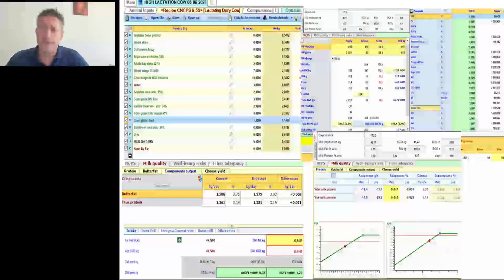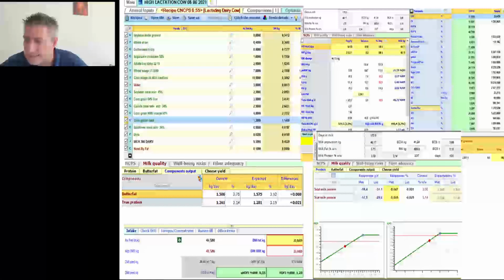Here I have reported 2 diets. One is normal without any amino acid, and I wanted to see later what is the percentage of nitrogen efficiency in this diet. This is a diet very well done for a production of 40 kg of milk, and the percentage of protein in this diet is almost 17%. 17% is quite a high percentage, but the main problem here in this diet is that we didn't reach